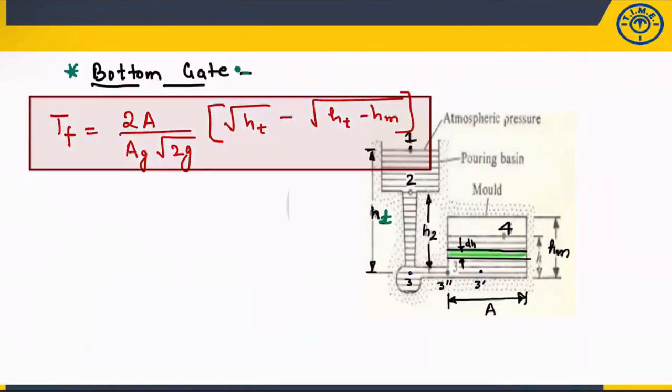Okay, this is the mold filling time by using the bottom gate system, but there will be some special condition. So if you want, I will explain. This is the area of this mold only, Ag is the area at the gate, and this Ht will be the total height again, and Hm will be the height of mold. Okay, so the special case is,